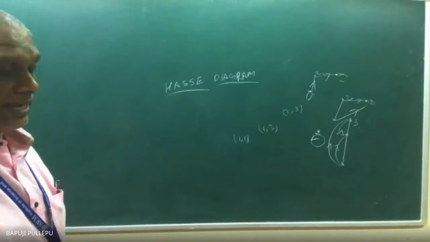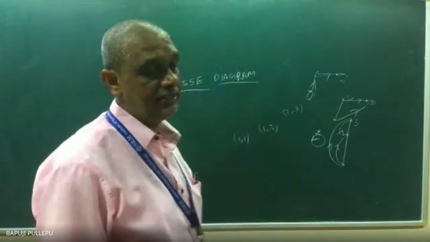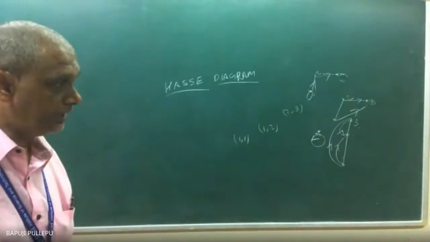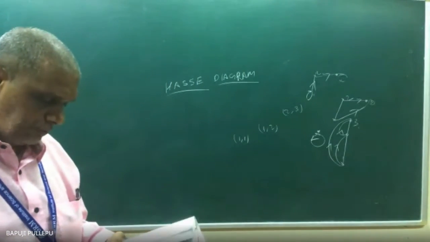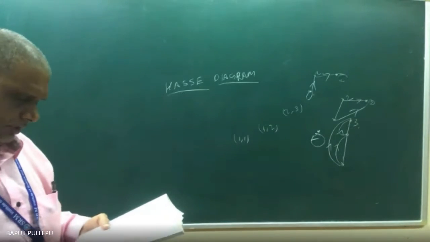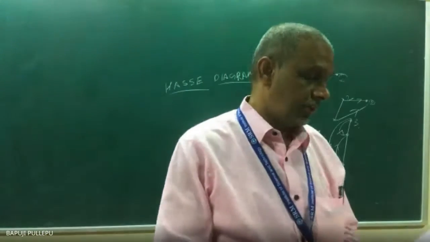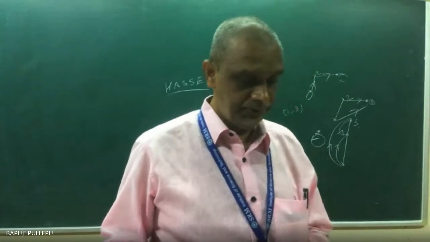Always in the Hasse diagram the direction should be upward only. What you are showing is always understood as the upward direction. No need to give the direction, no need to draw the loops. So we assume all edges are directed upward. Then one problem we can see, one example I will give you.